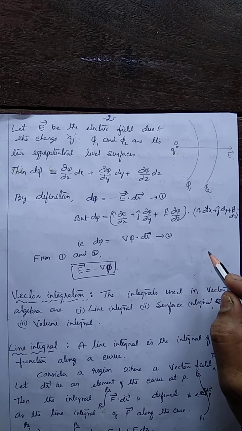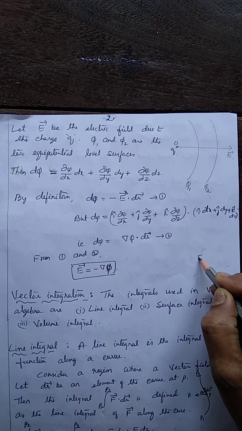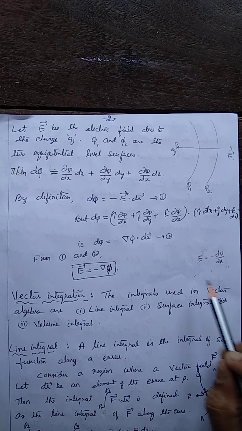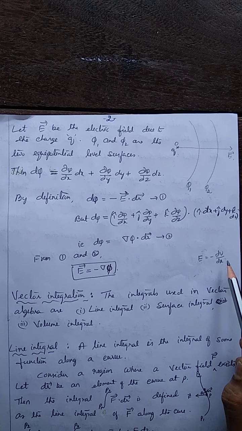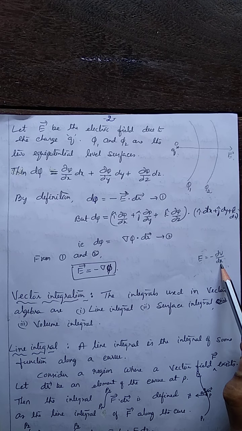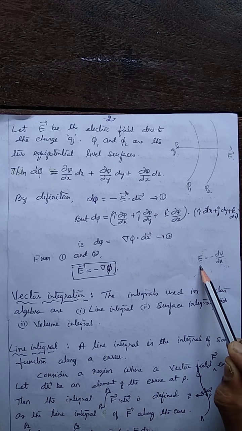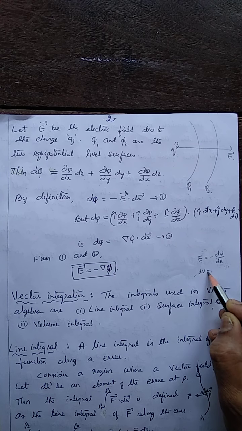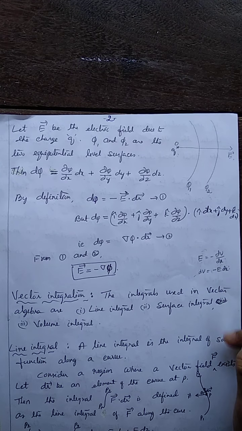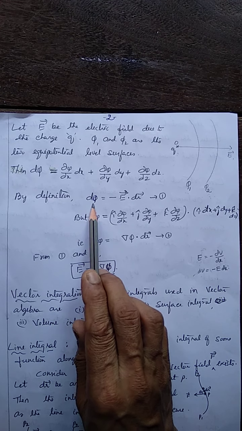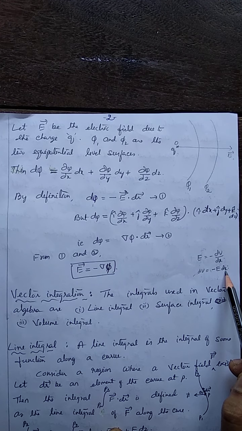The usual symbol we use is E equal to minus dV by dx. This is the relation between electric intensity and the potential gradient. This is called the potential gradient, the rate of change of potential with distance. So E is always minus dV by dx, or from this, you can write dV as minus E dx. So if you apply this here, what is dV? Nothing but d phi, equal to minus E dx.